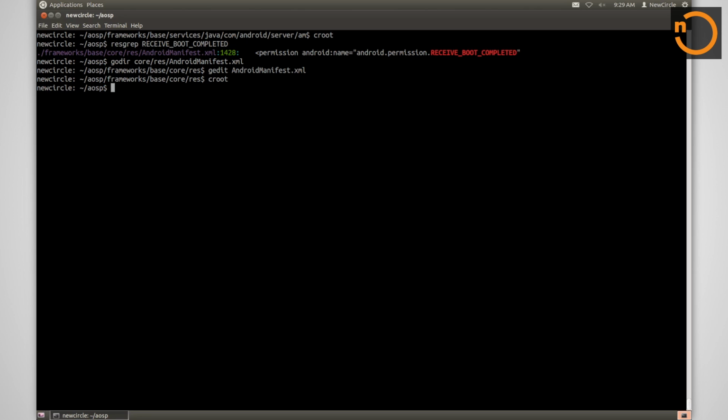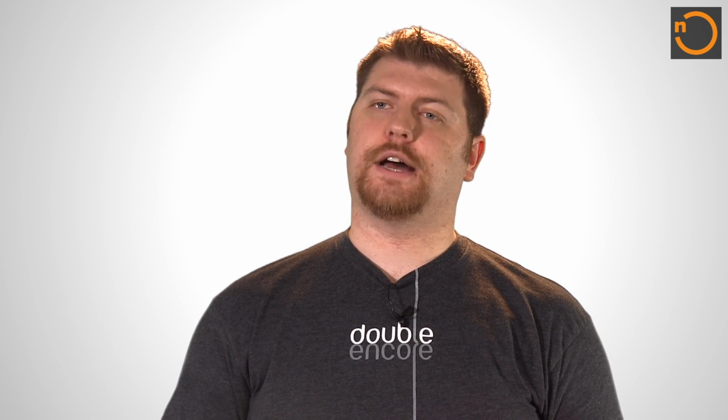Now, there are again two more utilities that are based off of grep. In addition to jgrep and resgrep, there is also cgrep, which will allow you to run this exact same search through all of the C or C++ files that are in the Android source, and mgrep, which will allow you to run your search through all of the makefiles that are in the Android source. So if you're interested in looking at a specific module name or package information that is specific to one of the module builds when you build the system image, mgrep will look through all the Android.mk files that make up